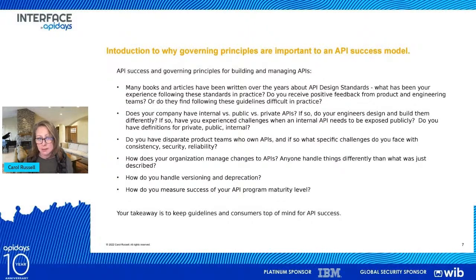Another question to ask is, how does your organization manage changes to APIs? So we just heard about that in the previous discussion. Versioning, right? What is the approach? What do we do if you have a product that's been in production for 15, 20 years in enterprise software, and you've got APIs that have been built for the last 10 or 12? They've been using these APIs.